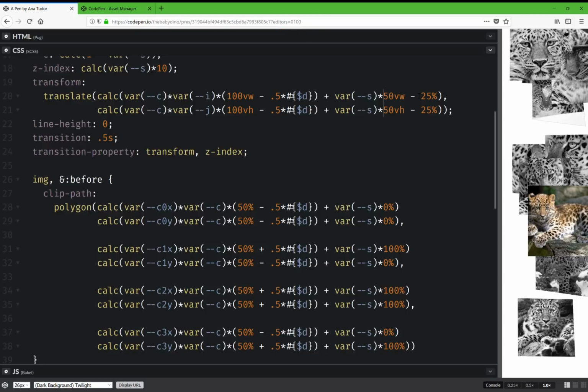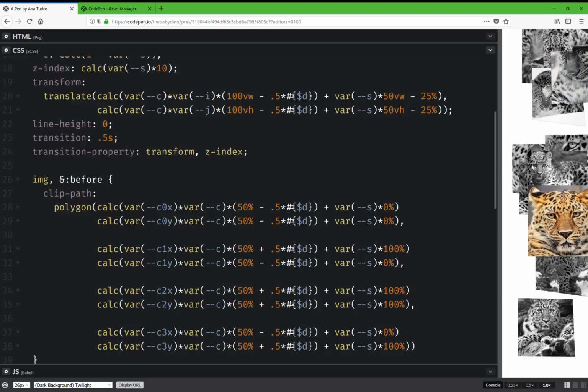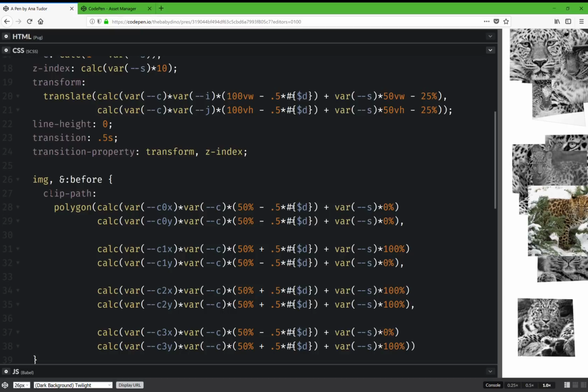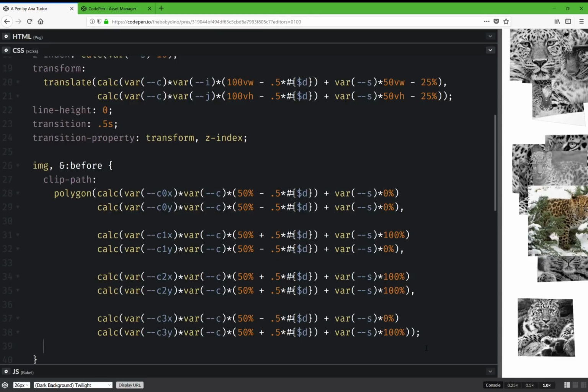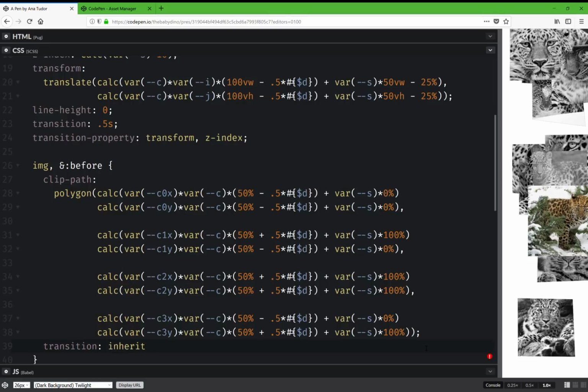Okay, so yeah, this is switching stuff. Okay, now I'm going to set transition inherit here. Transition inherit. Okay,